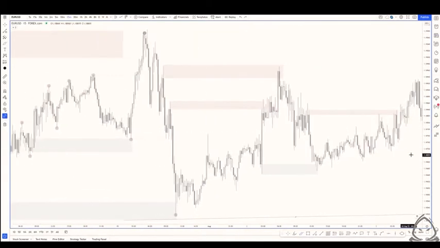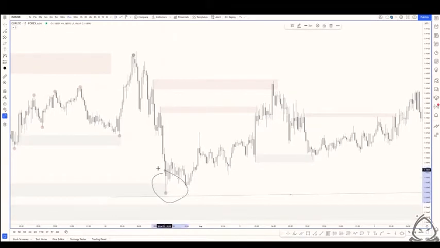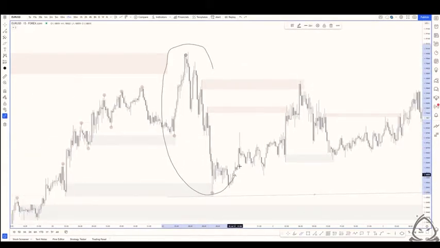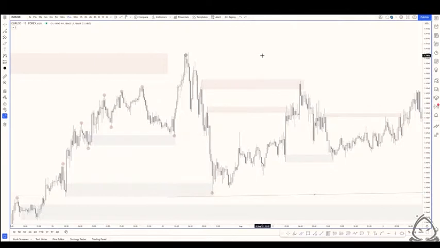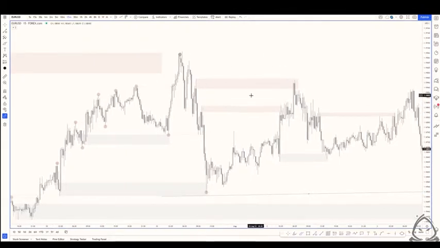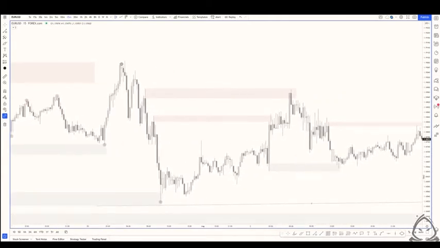Again, what we should also take note of is we reacted off of these demand zones. So although we've switched from bullish to bearish, we're still reacting off of demand. Demand is still being respected. When we start to look at the higher time frame, we're starting to see that this is a 4 hour pullback. So we have no inclination that we're going to be long-term bearish, but it's something to keep in mind,